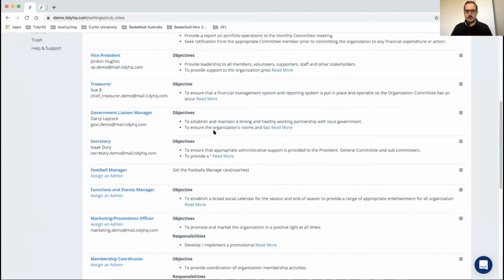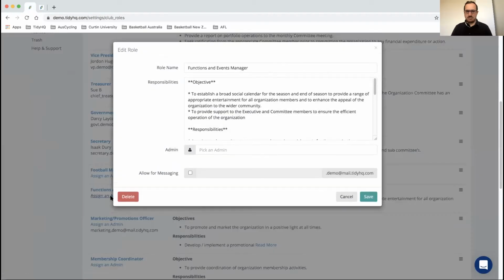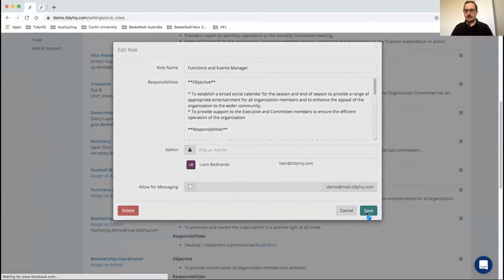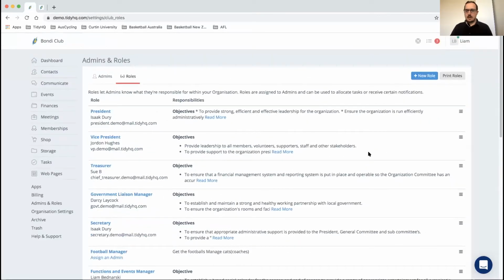So you can assign people to roles. You can see here there's an assign an admin button. For a role that's already been created, I can assign, for example, myself to this role and click save. Now there's also the option to print roles,